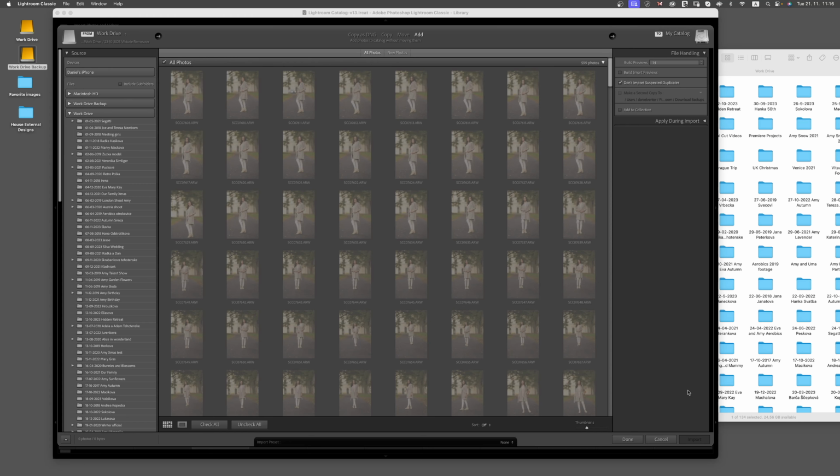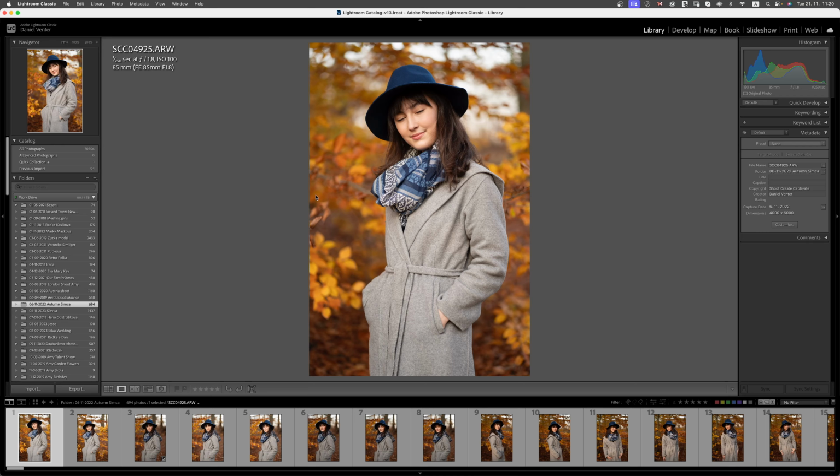I'll then go and import, and I'll go and have a quick cup of coffee or carry on with a different project while that imports. Okay, so once we've got all of our images imported into Lightroom, I'm going to be talking